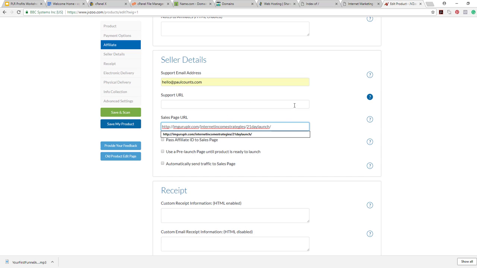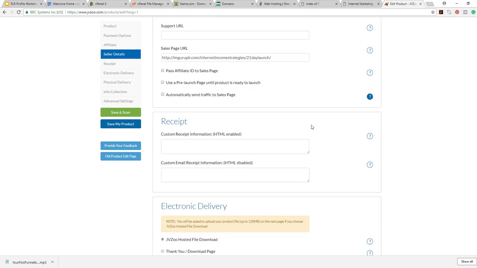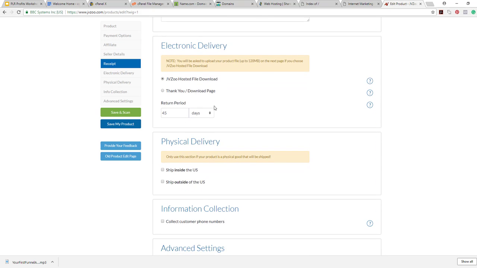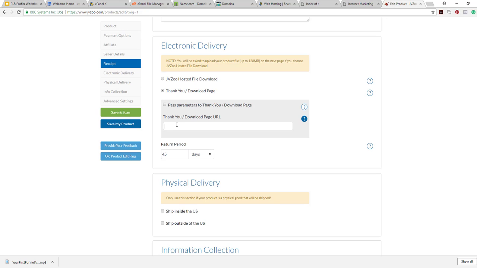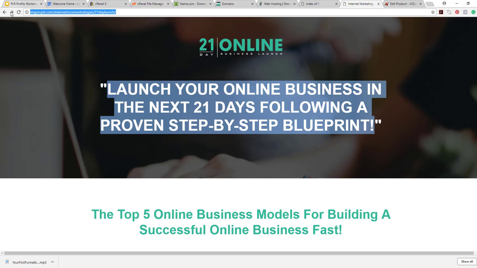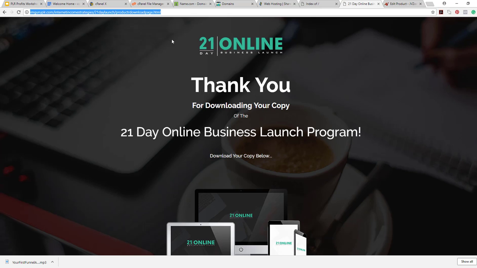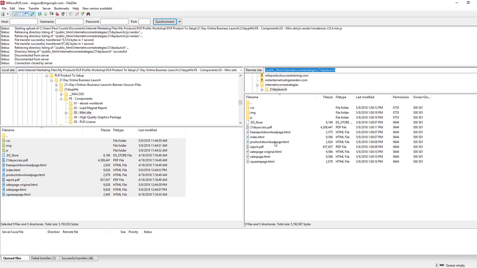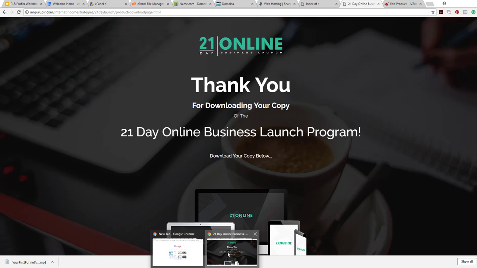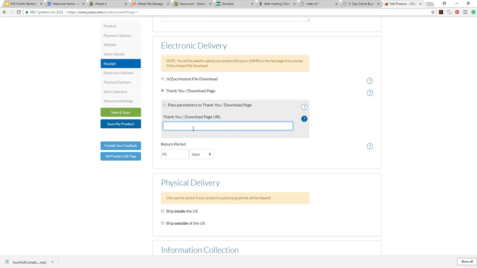And custom receipt we keep blank. Thank you page is going to be a straight download page link, which is the download page URL that we uploaded. So you'll remember, when we uploaded the files, there's the product download page. So we're going to take that, we're going to paste that in here, go to a 30-day return period,